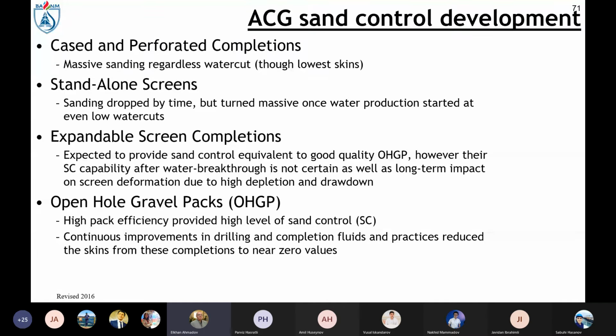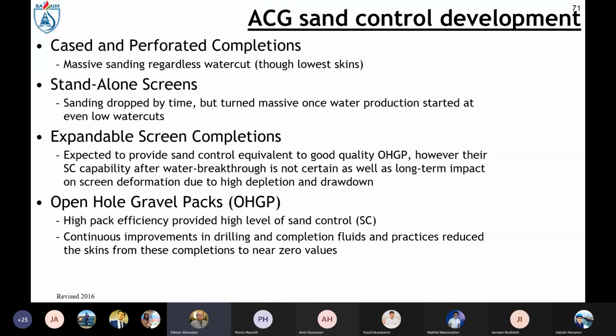And the evolution of the sand control methods in Chirag and ACG shows that the open-hole gravel pack is one of the best for now,